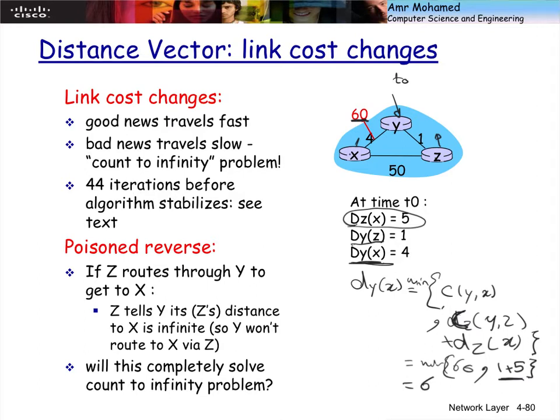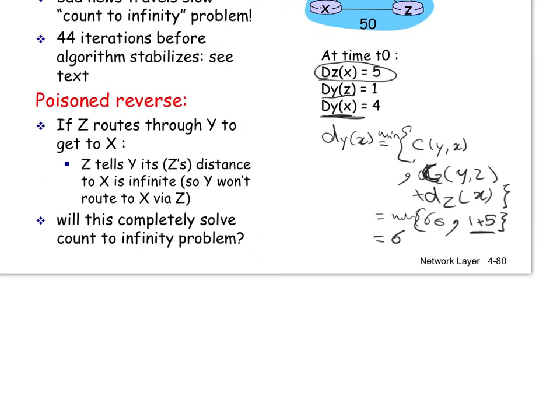Did we understand how this came about? This is very important. Okay? See the ping pong effect that will happen now, because y now knows that the distance between itself and x is 6 and it's through z, right? So the price to x is now changed, right? So in that case, y will have to